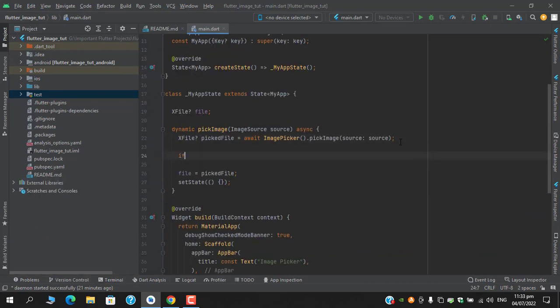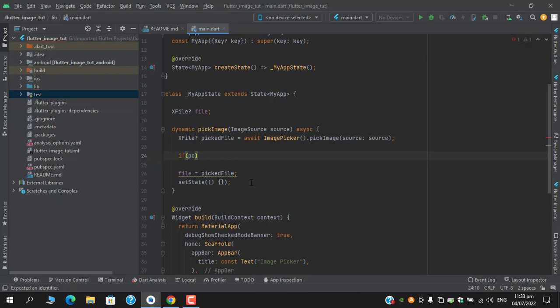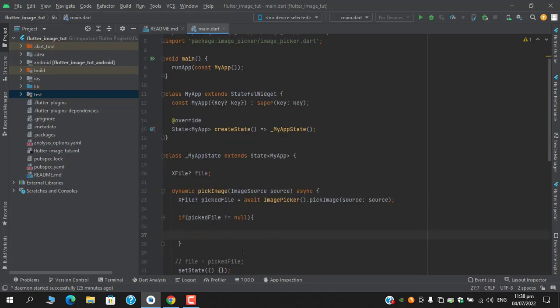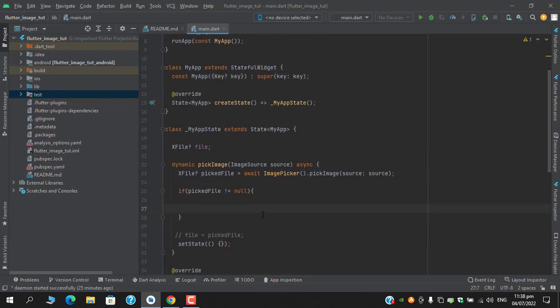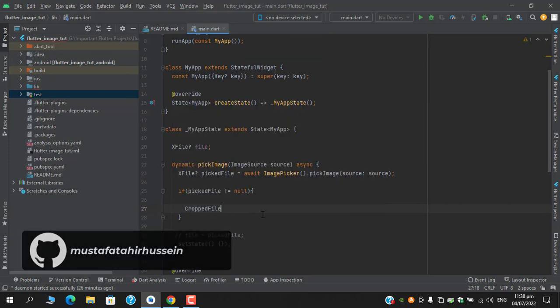Apply a condition first, before equaling the file with the picked file. Here I can check that if my picked file is not equal to null. Once we have applied this condition, now we can make use of the crop package. For that I'll be using crop file